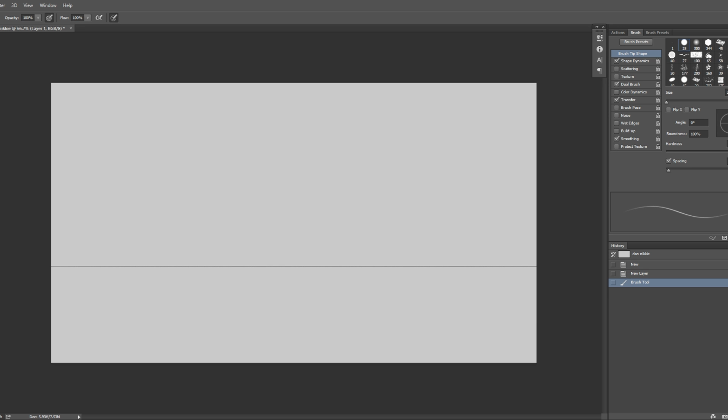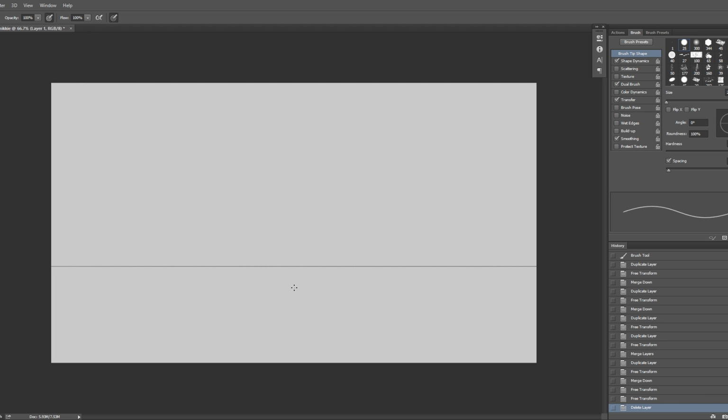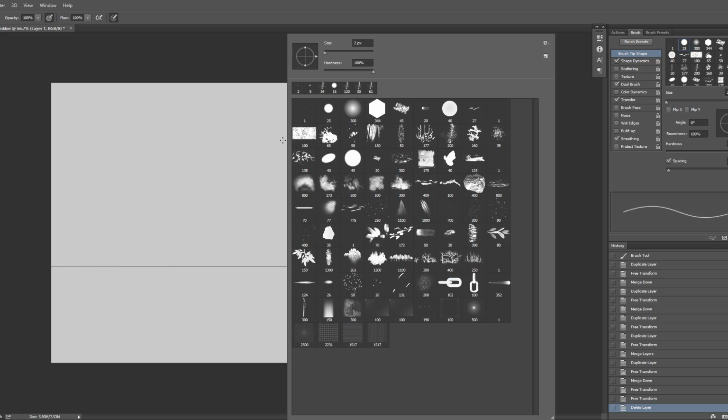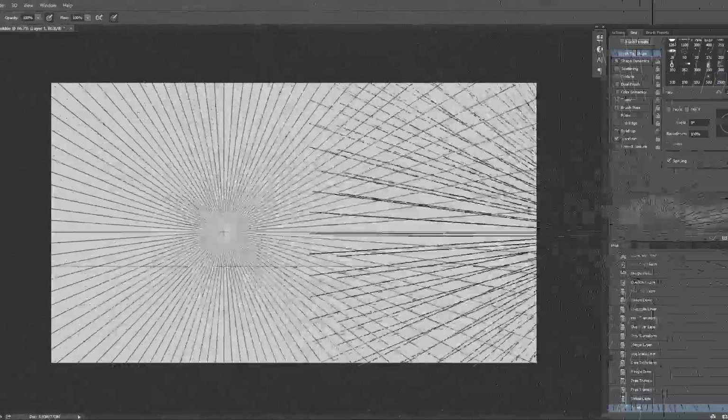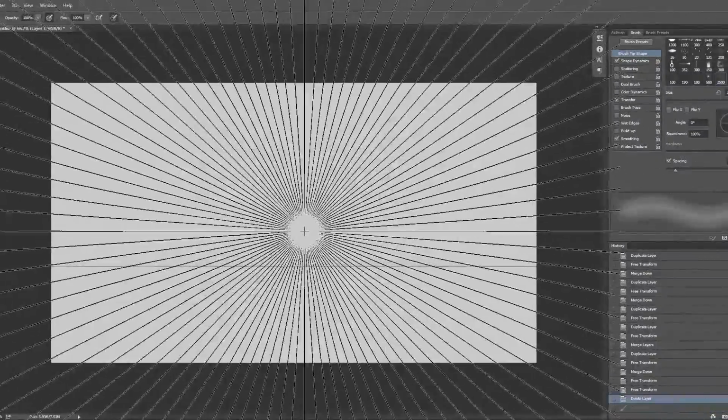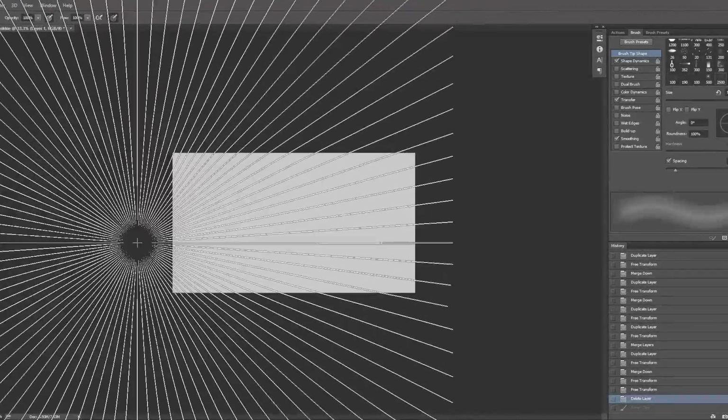Now, what you need next is a perspective grid. And there's multiple ways to prepare one. You could make one yourself, or you could get one from Google Images. I'm gonna show you what I typically do myself. So I use this brush set by Jonas Darrow. It's free to download. I'm gonna put it in the description. It's great. There's this vanishing point brush in here, which just does this. You can just have a grid with one click. It's very convenient. Just zoom way out and put one point over here.